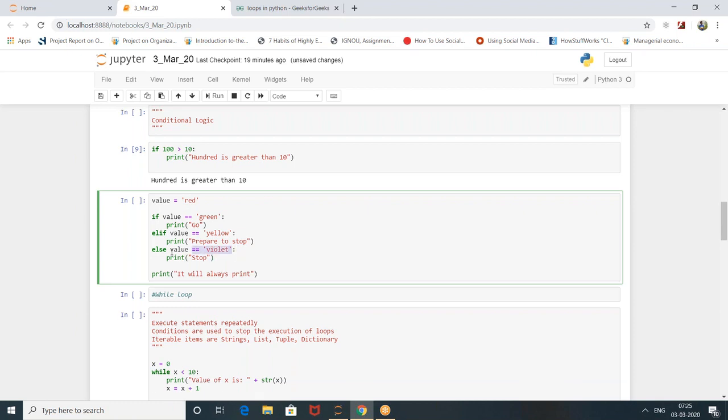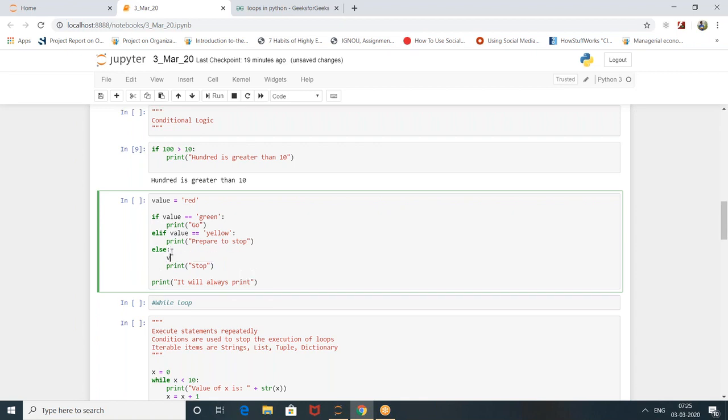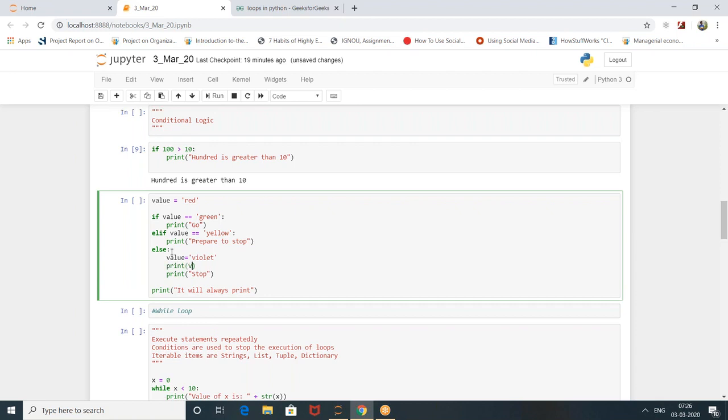Change it to this thing. You can put value is equal to violet. Print value. And then instead of stop, you can say